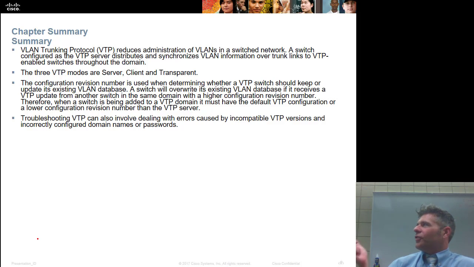Server, client, and transparent are the three modes you have to remember. Remember the vlan.dat thing. If it gets a newer update with a higher revision number from the server, it will erase its vlan.dat and take the newer update. That's why we keep revising. Then remember when you're troubleshooting these things, simple stuff like mistyped IP addresses, mistyped VLAN IDs, mistyped whatever, can all get you into trouble. And that's